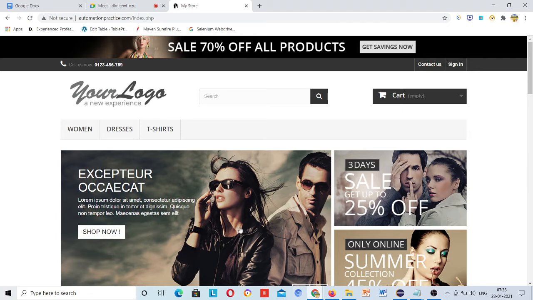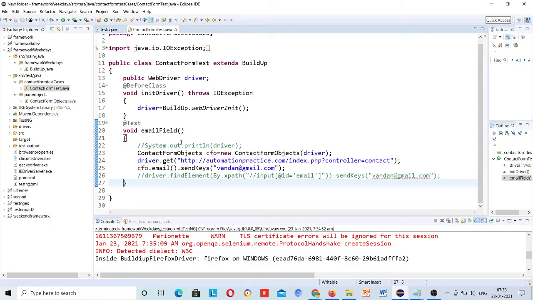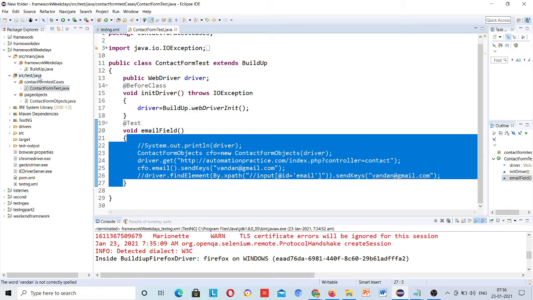You have to create the page objects according to your need, and just like that you have to create test cases in your test folder, and keep integrating all the things.